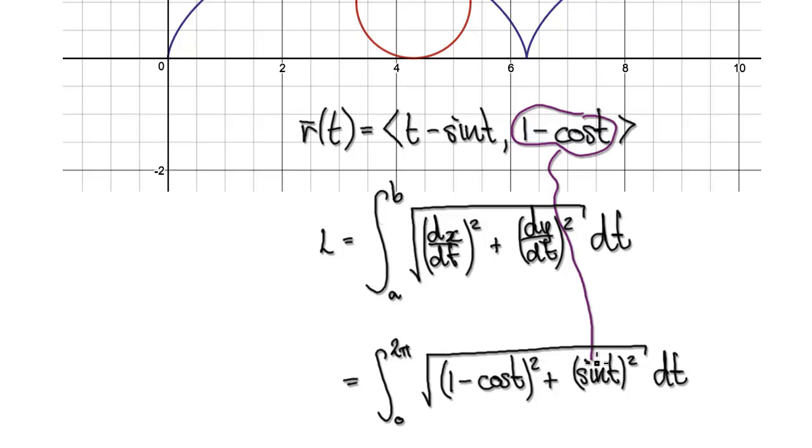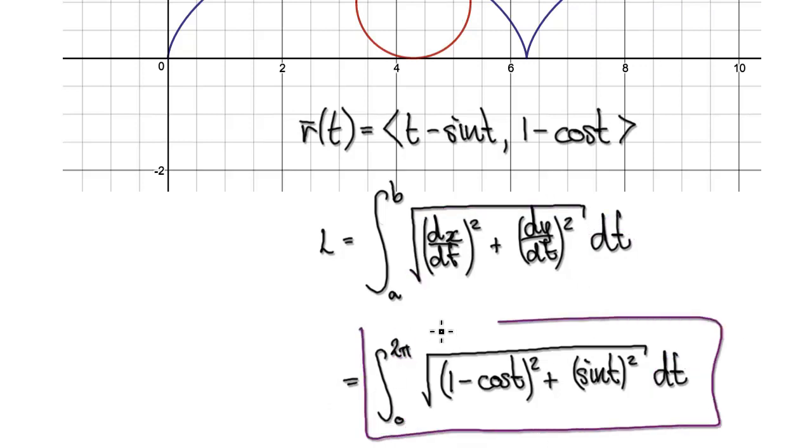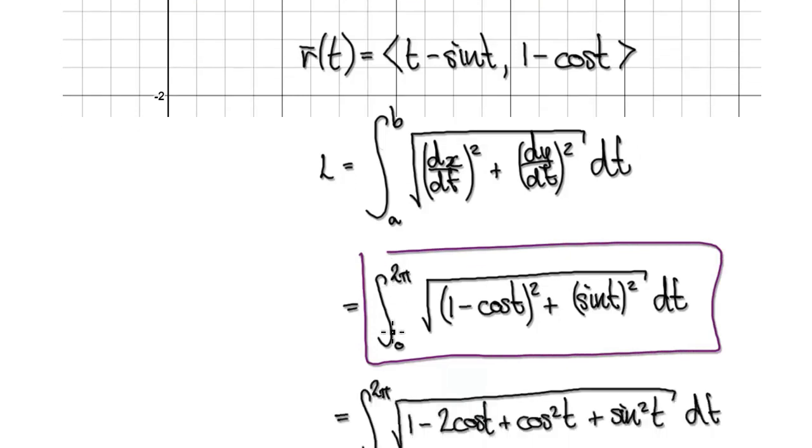That will then give us this thing here, and then we've got to square it, and then integrate the square root of the whole thing with respect to t from 0 to 2 pi. So the arc length is given by this. Okay. So now